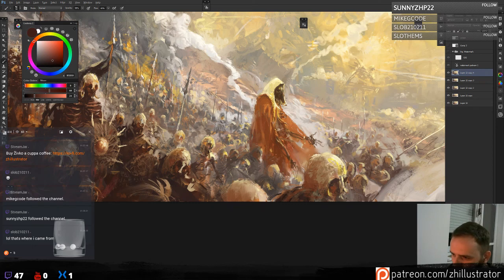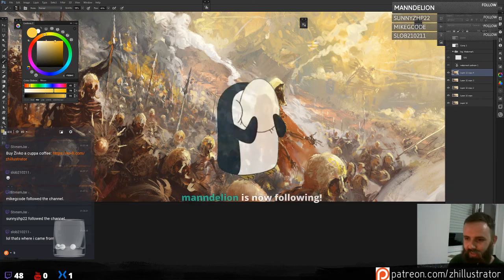Let's do a hand here. No, it will intersect too much with the skeletal hand. I need to add a little rim light here to separate this guy a bit better. If I decide to do more rendering, it will be interesting because there are so many. Ouch! I think it's very close to the time that I.